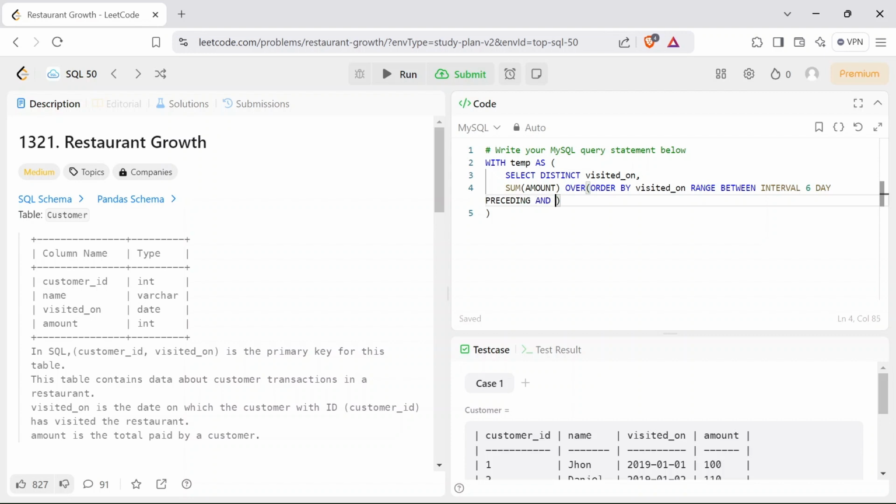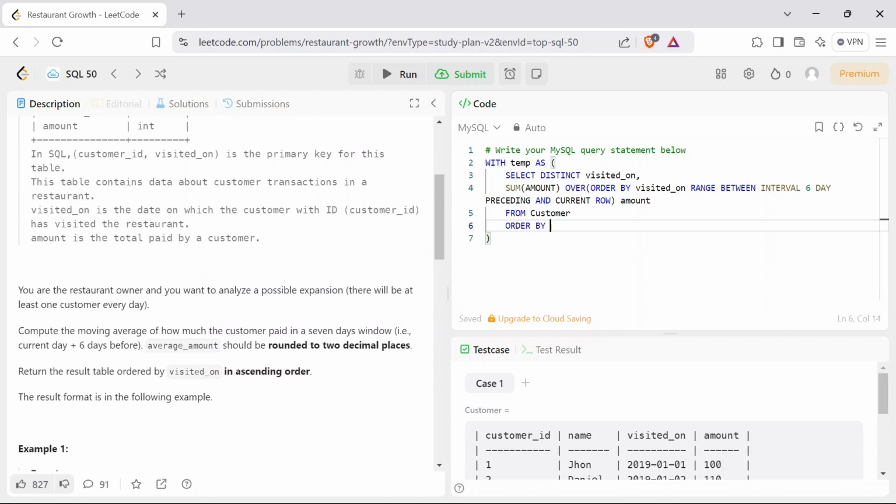And we need to mention another condition, which is current row, that is the current date, as amount, and we are putting these values in the amount column and selecting from the customer table, order by